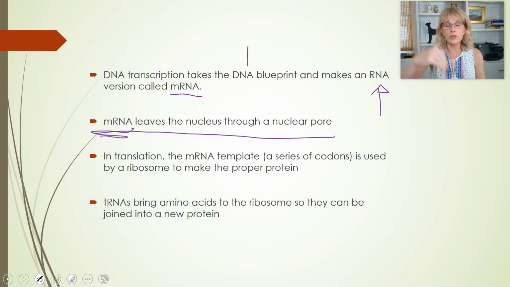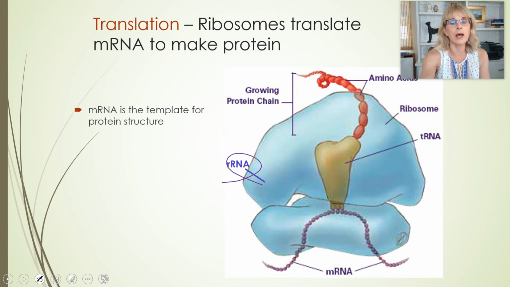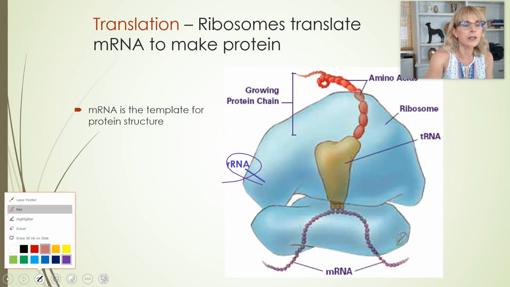And then transfer RNAs are going to bring one amino acid at a time. And the job of the ribosome will be to take the first amino acid and attach it to the second amino acid, and slowly, one amino acid at a time, grow the protein. This whole thing that's in baby blue, that is the ribosome. It is made out of ribosomal RNA. Okay? The thing that is in yellow,